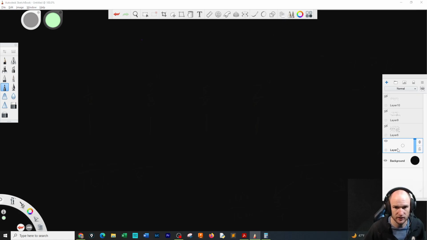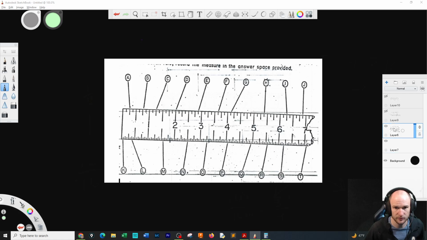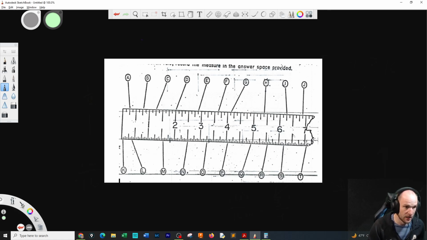So I'm going to turn on this layer. I'm going to go to it. All right, so on this one, we have 2 scales here. So let's look at this. Turn off the layers button because it annoys me. We have a scale, and if I divide it right down the middle, ooh, that's too light. I want like a violent green. There we go. If we divide the scale down the middle here, you'll notice the top and the bottom